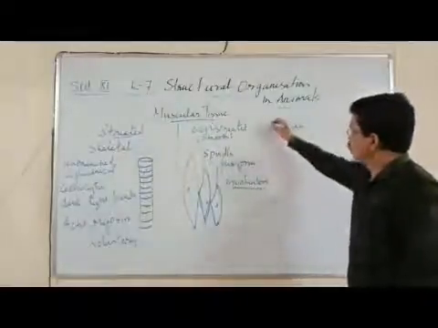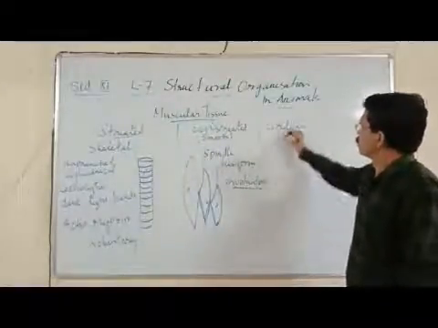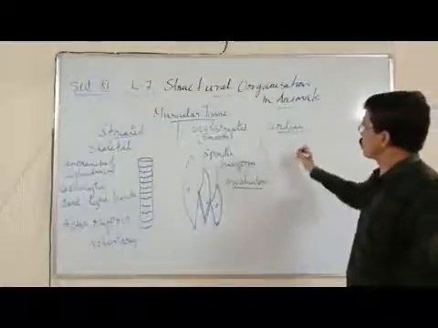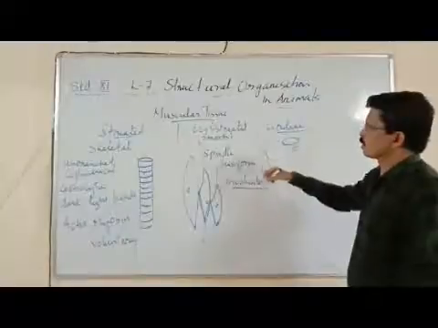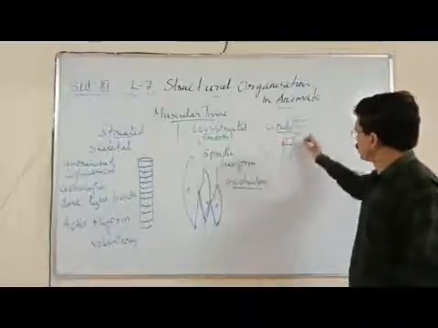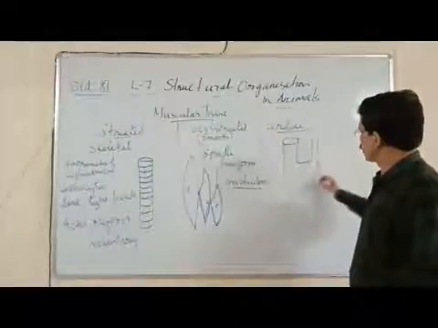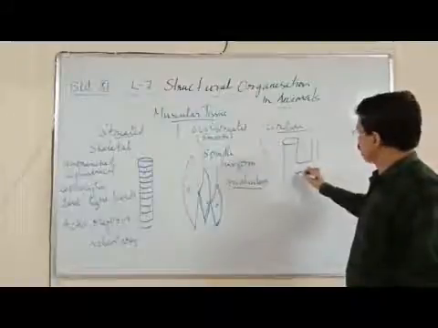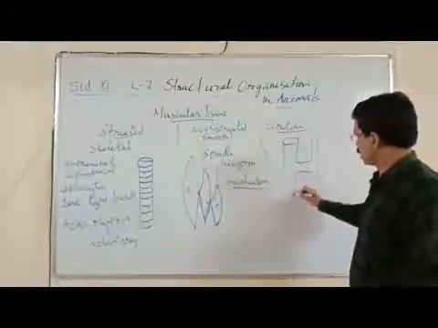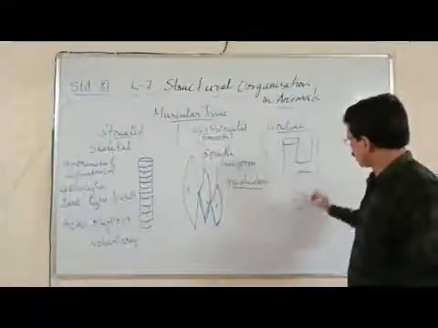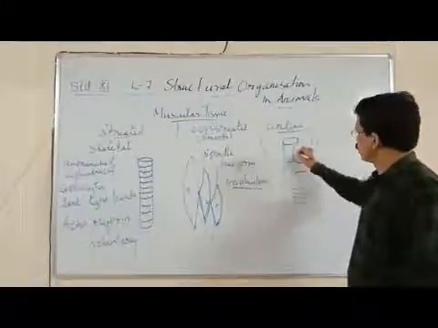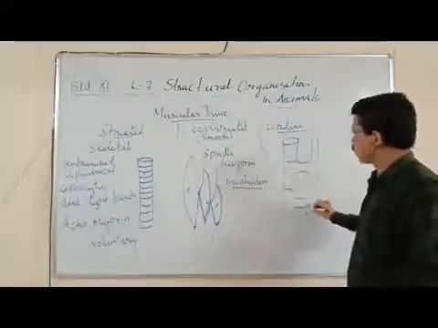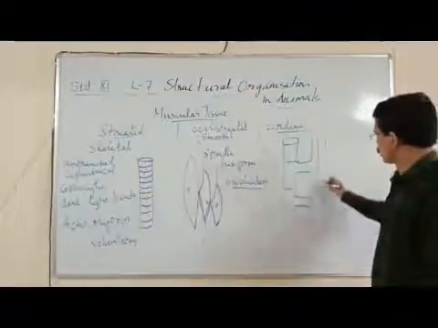Now we are coming to the last part of these muscles, cardiac muscles, which are cylindrical in shape, just like our skeletal muscles, but they are branched. That is one of the differences between the striated muscles and cardiac muscles. They are branched. Now the second difference is that they are uninucleate, having a single nucleus, unlike striated muscles which are multinucleate.